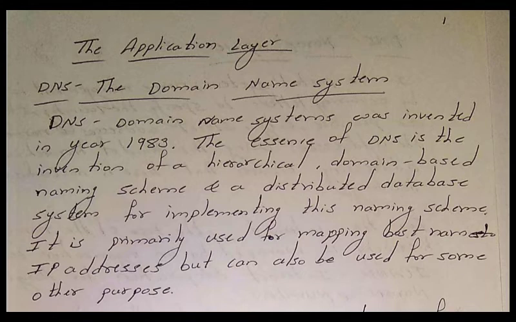Now an application programmer calls a library procedure called the resolver. The application program which is running there calls one of the library procedures called a resolver. This resolver is passed the name as a parameter. Already we have given the name there, so this name is passed as a parameter. Now the resolver sends a query containing the name to the local DNS server. Is it clear? The resolver sends one query containing the name of the domain you have written to the local DNS server.